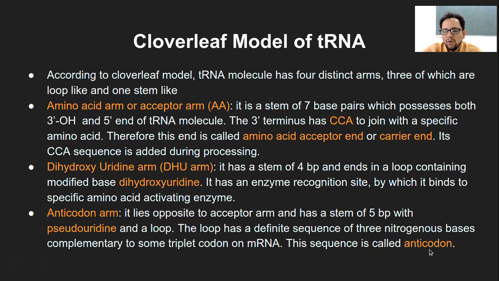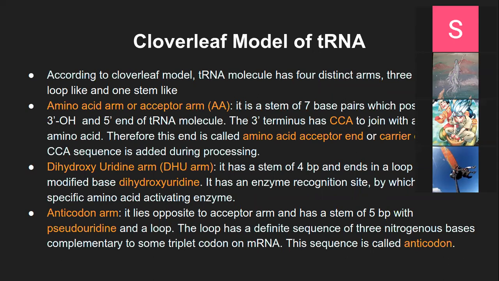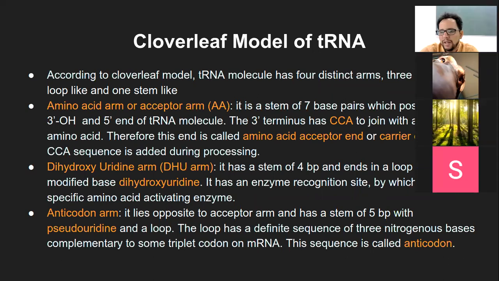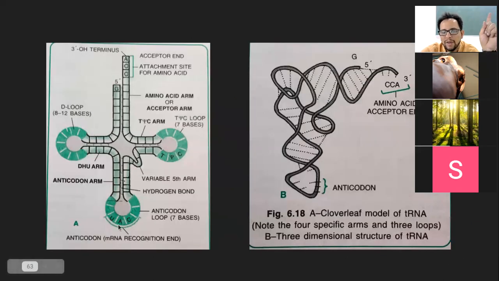So now if you go by logic, and if I ask you a question: what would the anticodon be similar to, if you read it in terms of letters of the anticodon, which strand of DNA will it match to, 5 prime to 3 prime or 3 prime to 5 prime? What do you think? I hope you got the question. Like we have a codon on mRNA, we have an anticodon on tRNA. mRNA matches with a certain strand of DNA, right? Then the anticodon will match to which strand of DNA? 5 prime to 3 prime or 3 prime to 5 prime?